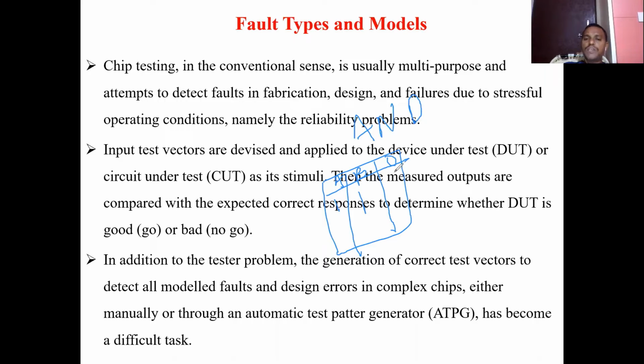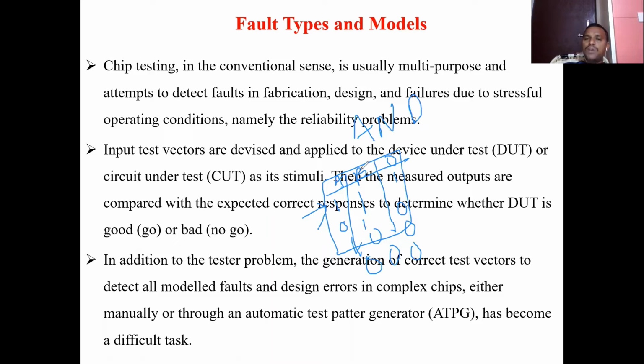Okay, 1 1 means I get 1, 0 1 means we'll get 0, 1 0 means we'll get 0, and 0 0 means we'll get 0. So this is the truth table for an AND gate. Suppose I want to test this AND gate. That means I will apply the input test vector. Suppose it is 1 1, and I know the expected output.